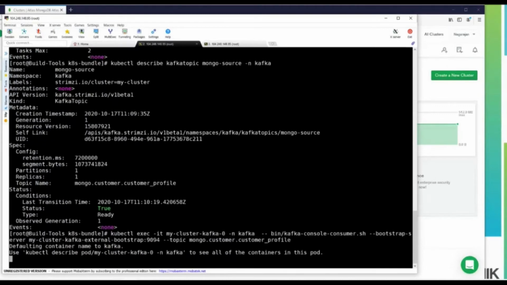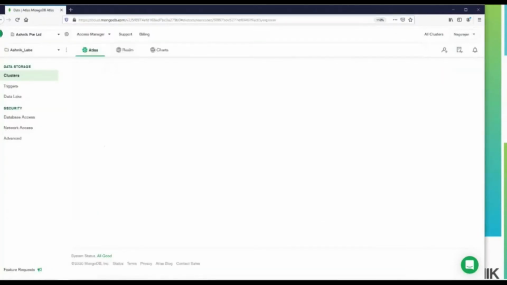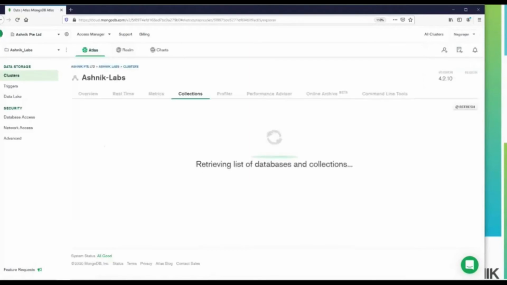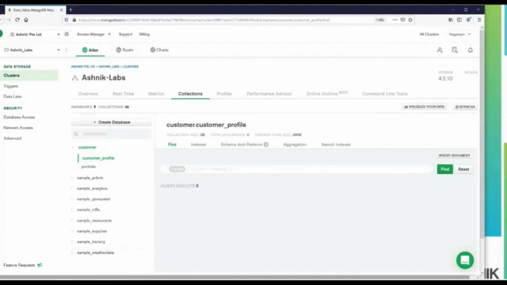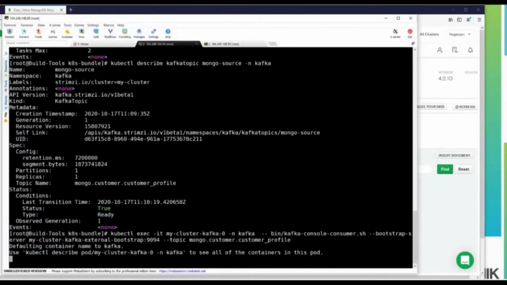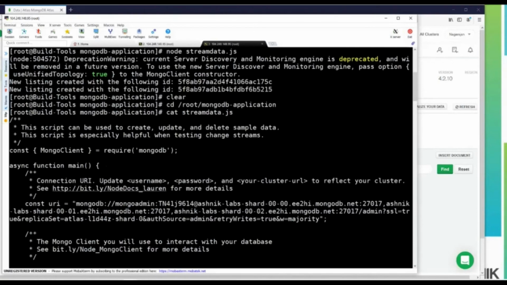As of now, there is no data in the MongoDB collection, hence no message in the topic. Just to double check, let's go back to our Atlas and check this particular collection to make sure there is no existing data. So we have 0 documents here, and let's trigger our application.